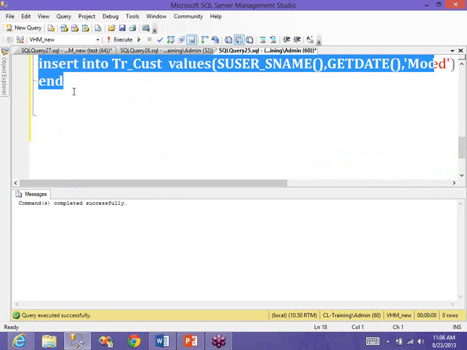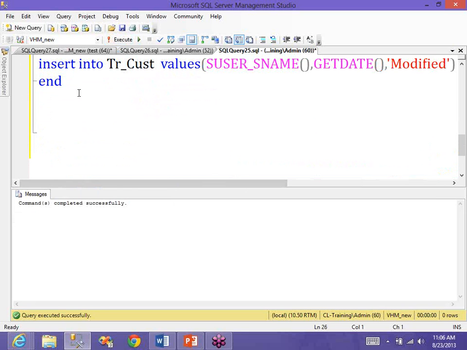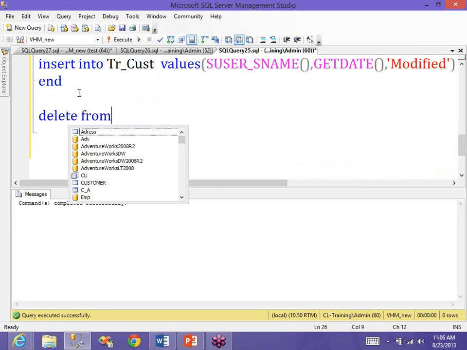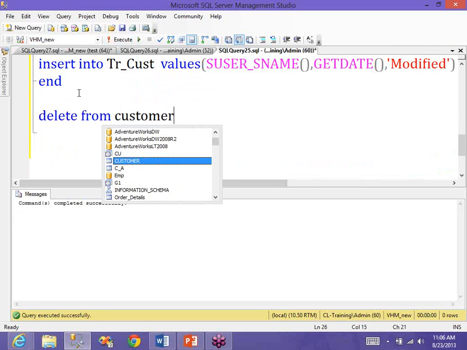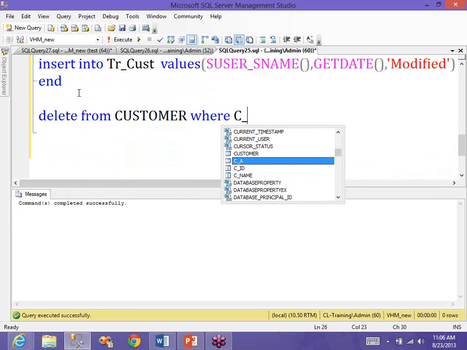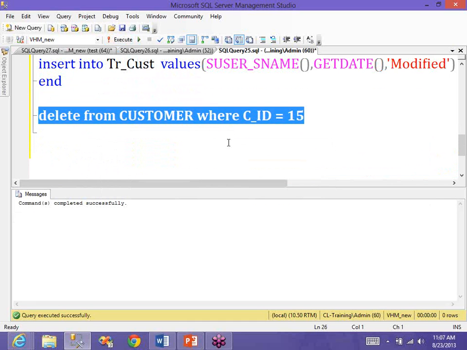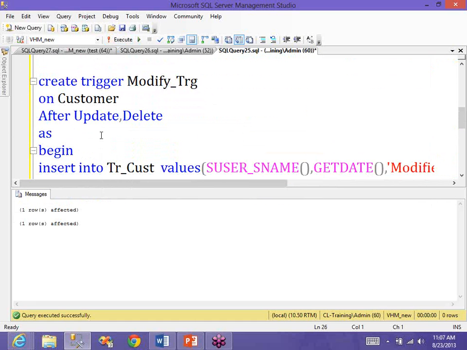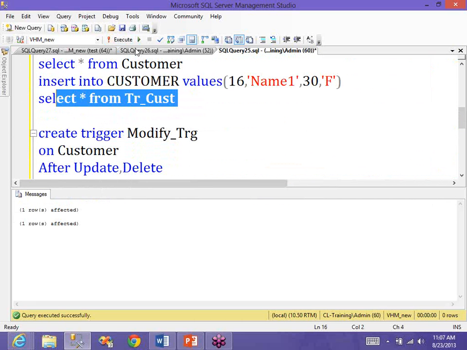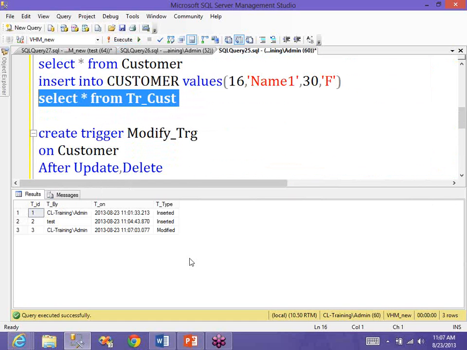Now let us try to delete some record. Delete from customer where customer underscore ID is equal to 15. Two rows. Let us go and work. What happened? Admin tried to modify the record in that one. Okay, admin tried to modify the record. Like here,